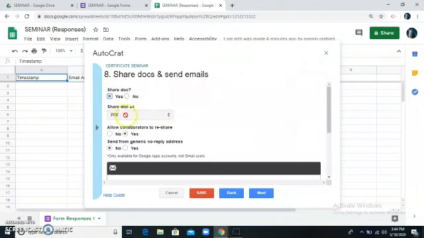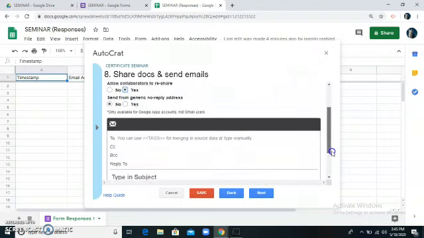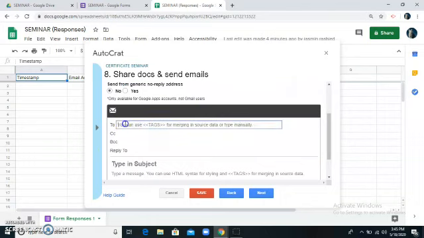Yes. Then share document as PDF. Allow collaborators to reshare: enable as yes. Send from generic email address: keep it as no. Then come down. I'm going to give the email address with the help of the tag again.